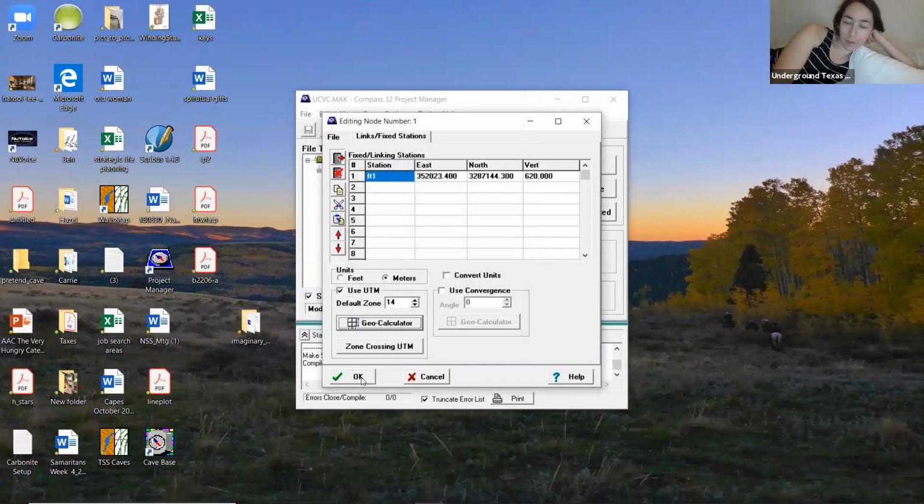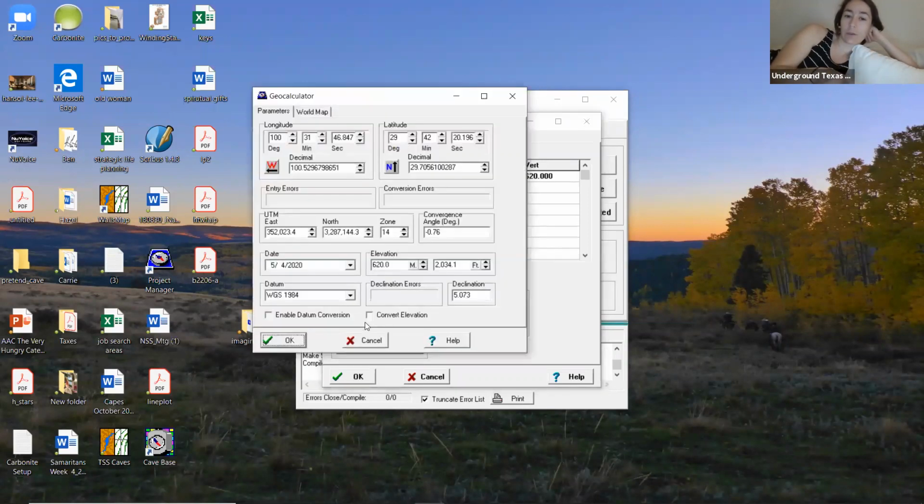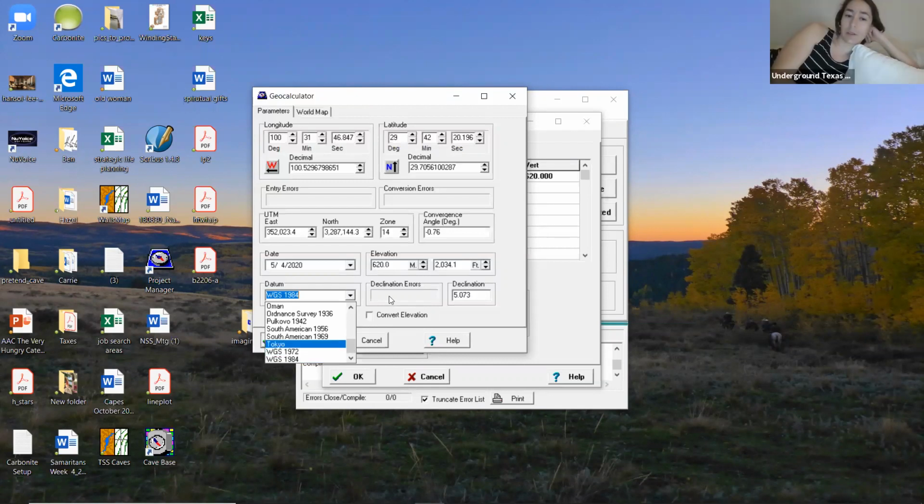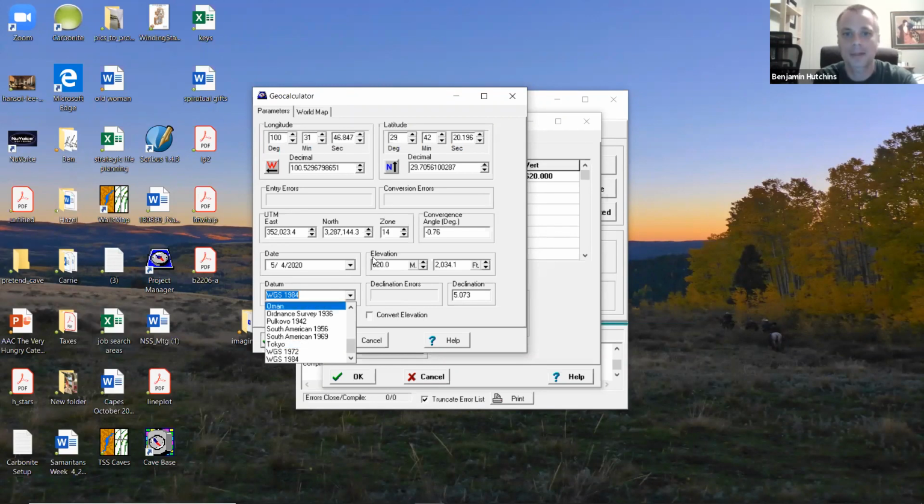One note that might be useful for you Google Earth users is the datum that you project into. If you click it again, it lets you drop down on datum, and you should probably use whatever Google Earth is using, which I believe is WGS 1984. I think that's useful because I go back and forth between ArcGIS and Google Earth, and so I think about projections,